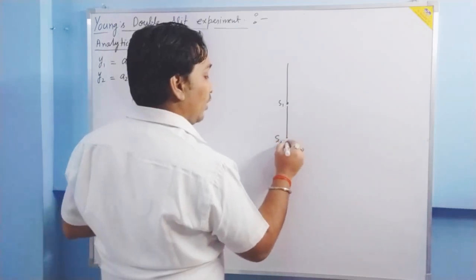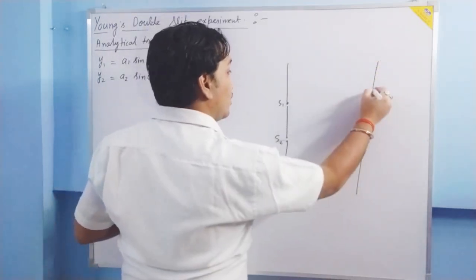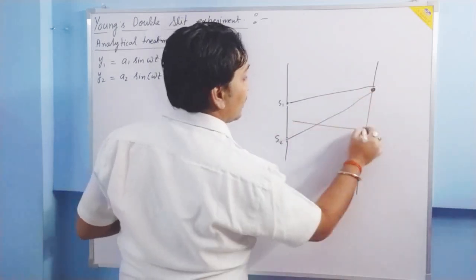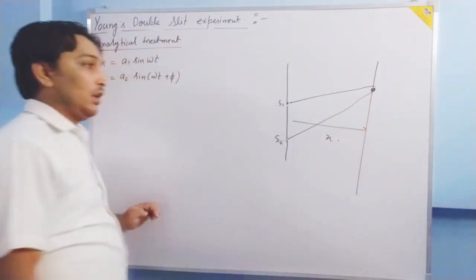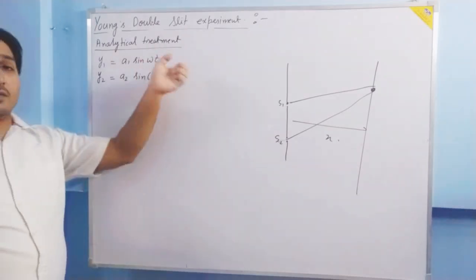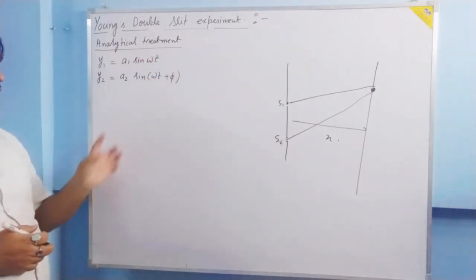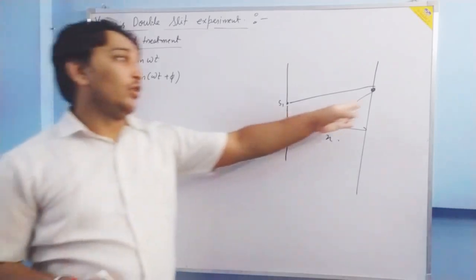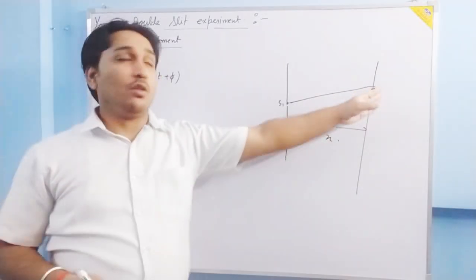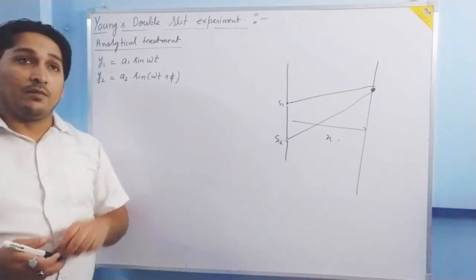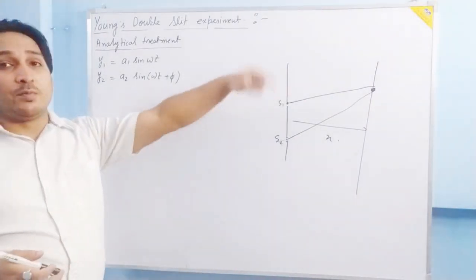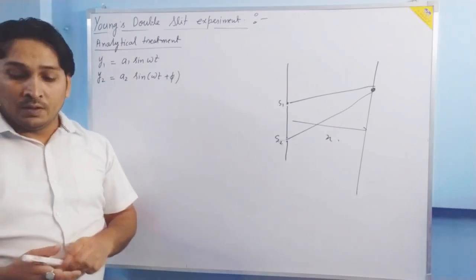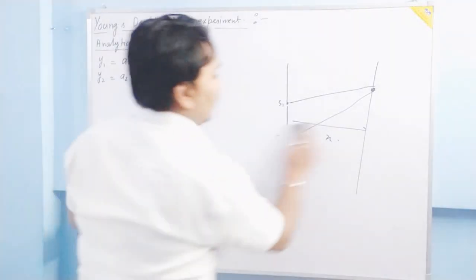So for a particular point on the screen we are going to study. This point is fixed. This distance from here to here is fixed. So the kx part is not there, only the frequency part is there, because this particle will only do the SHM. So we have taken the equation of SHM. When the wave travels from there, this particle will do SHM. So we have taken the equation of SHM only. Okay. So now,